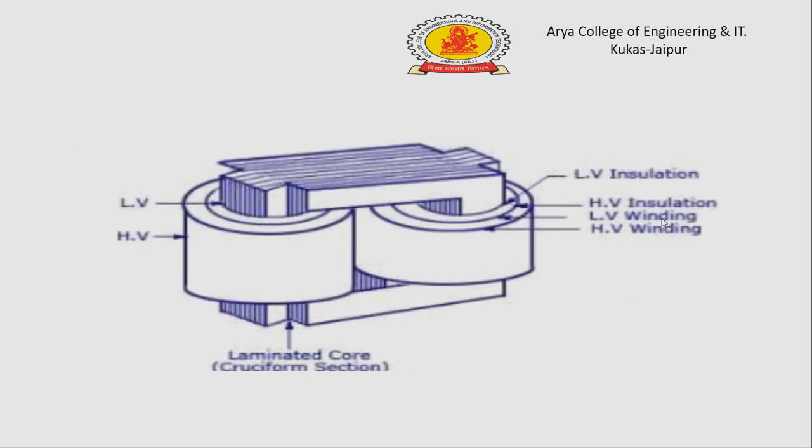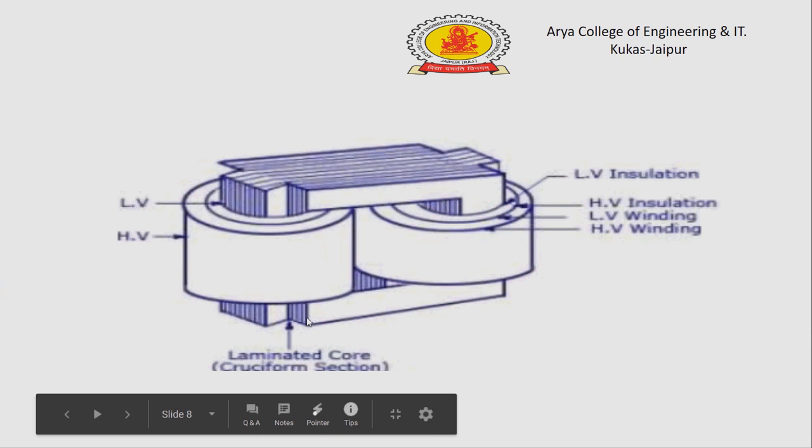In the core type transformer, there are low voltage winding and high voltage winding. We place the low voltage winding near the core and the high voltage winding near the low voltage winding. We place the low voltage winding near the core to reduce eddy current losses. That is the low voltage insulation, that is the high voltage insulation. And this disk shows the low voltage winding and this disk shows the high voltage winding, and that is a laminated core